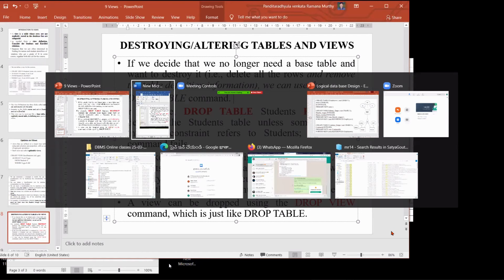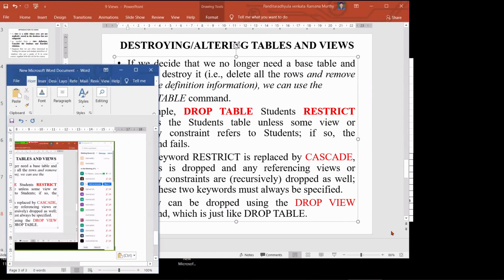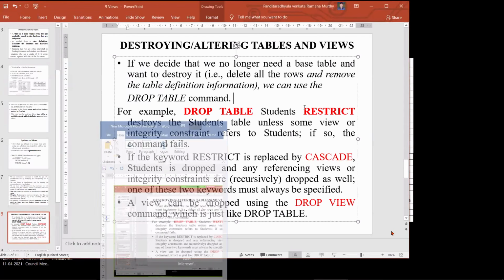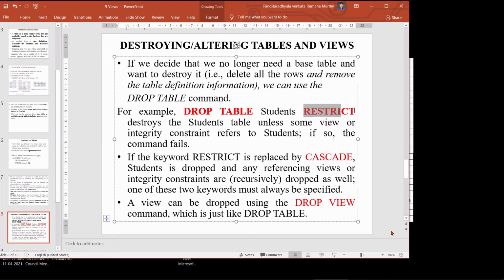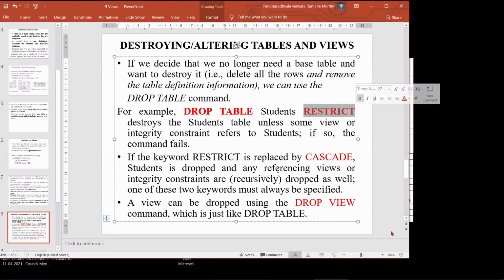If you want to give that restriction, like a foreign key, we use the keyword restrict. Because there is a view on the particular table, if you want to protect it, we can use the restrict keyword along with the table students. Clear?